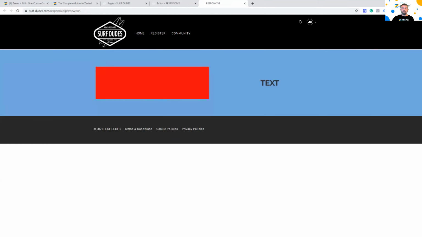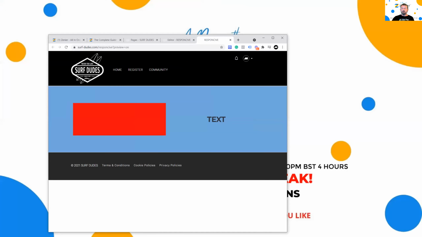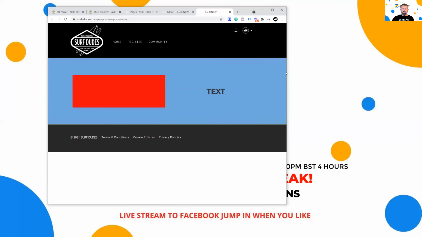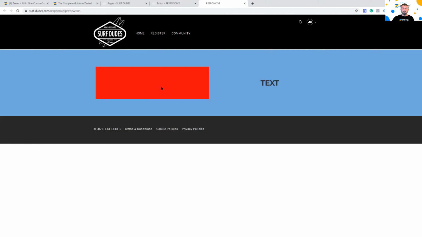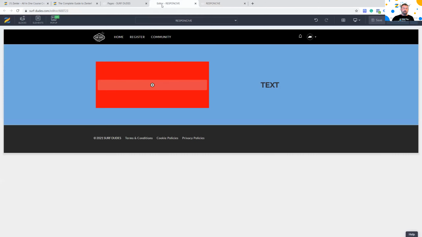Watch what happens when we bring this down in size. As I bring it in, you're going to see it drops underneath. This is our default, and this is pretty common. The way it works is it will take that column and drop it underneath. So bear that in mind when you're working. If you wanted that image on top, you need to make sure that it's the first row on top there.